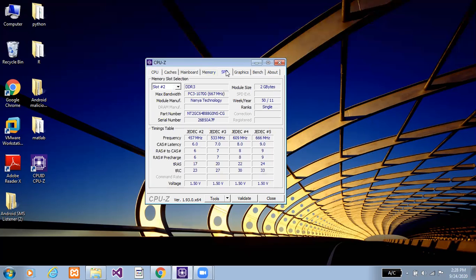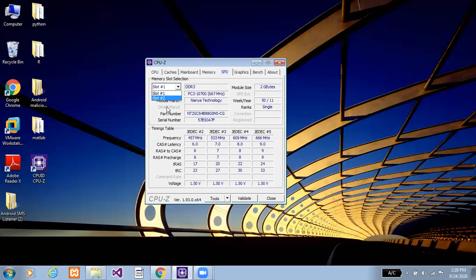The next tab is SPD. SPD tab contains the additional information about the memory. In memory slot selection block, if you click the drop down, you will get a list of each of the memory slot in a motherboard. In this case, there are 2 slots for RAM. Basically, each slot provides the information regarding the memory in that slot. In this case, both slots have RAM in them and there is no empty slot for the expansion.